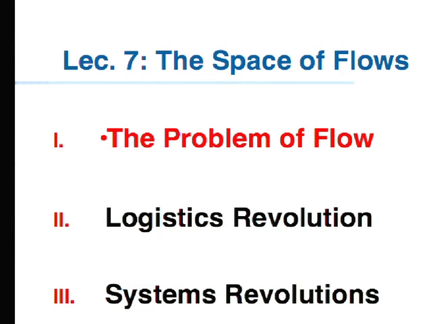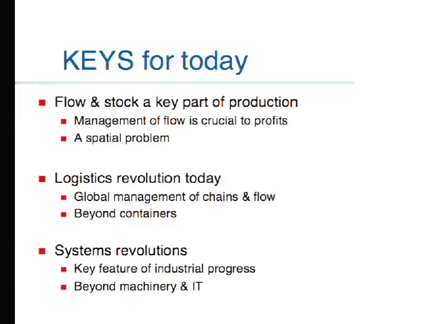We'll start with the problem of flow, and our keys for today are that flow and stocks are part of production. They may be in the distribution sphere, or in the production sphere, and we'll be crossing between those and joining them up to talk about the movement of goods and parts and supplies and final products through the system to get to market, to get produced, and to get to the point of sale. This is a highly spatial problem because, as we saw, production systems are divided not by abstract divisions of labor, but by spatial divisions of labor. And you have to link this up. So it's a big spatial problem. The management or organization of that spatial problem is absolutely crucial to the success and profitability of industry.